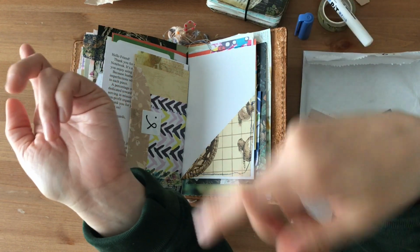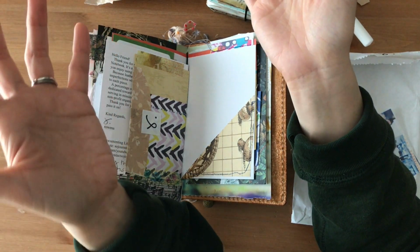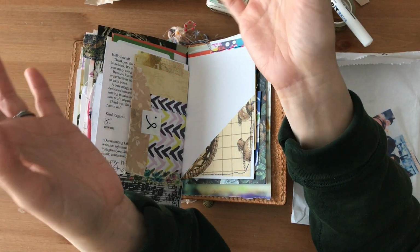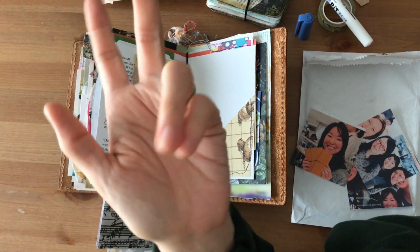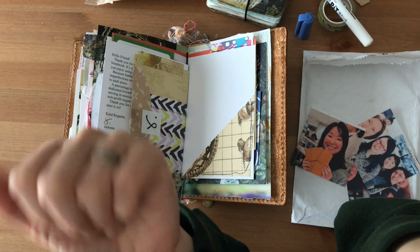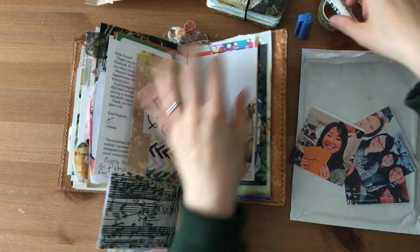So I remember one of the posts a long time ago: you have a sink full of dishes, but at least you have food to eat. You have a pile of dirty clothes, but at least you have clothes. Or you have a pile of laundry that you need to fold, but at least your clothes are clean. Switching the mindset really helped me gain perspective on how many wonderful things I have in my life. I'm sorry, I'm just really blabbing on,